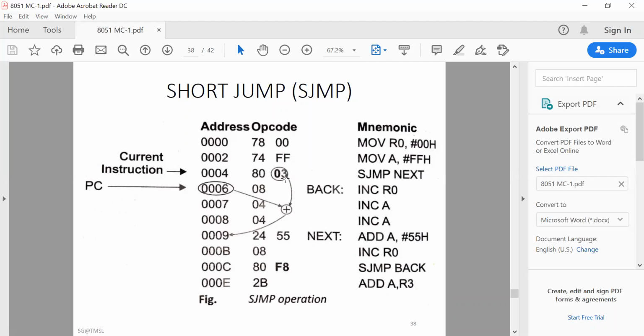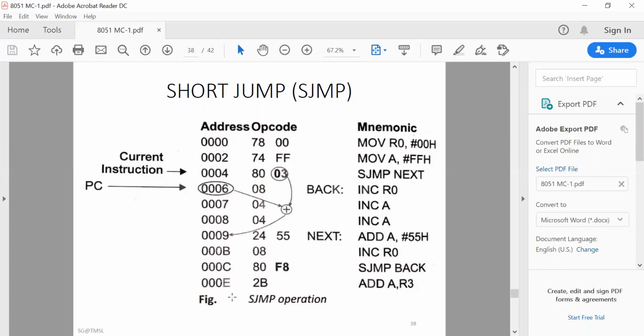So you don't need to give the actual full address 0009, because the page number for all these addresses is the same. That is, the upper 8 bits are 00. The lower 8 bits change from 00, 02, 04, 06, 07 up to a certain memory location. So that is called short jump. It is within that page. It cannot go to another page. It cannot go to the page which is called 0100. It cannot jump to such a far memory location. So it has a certain range.